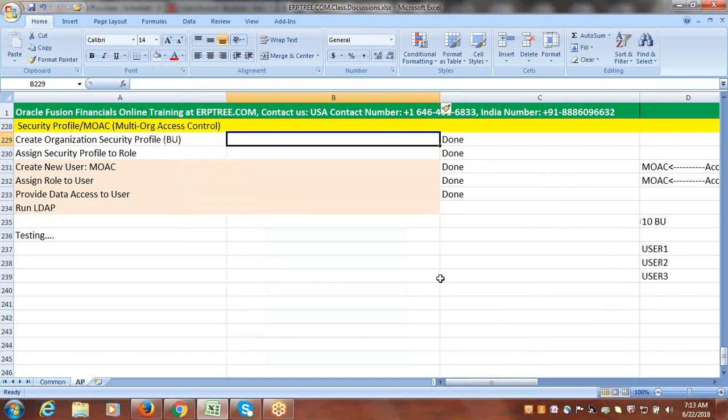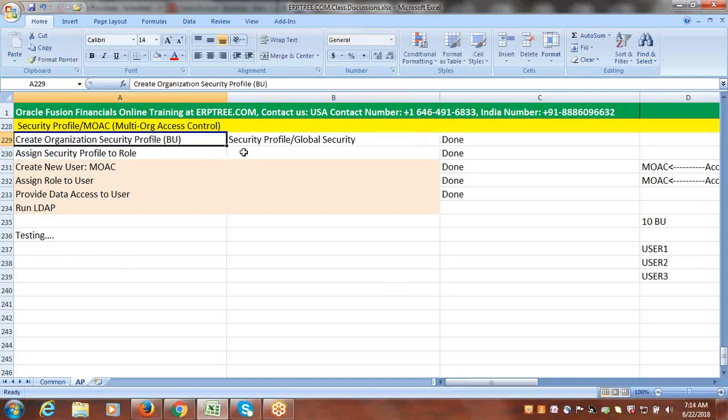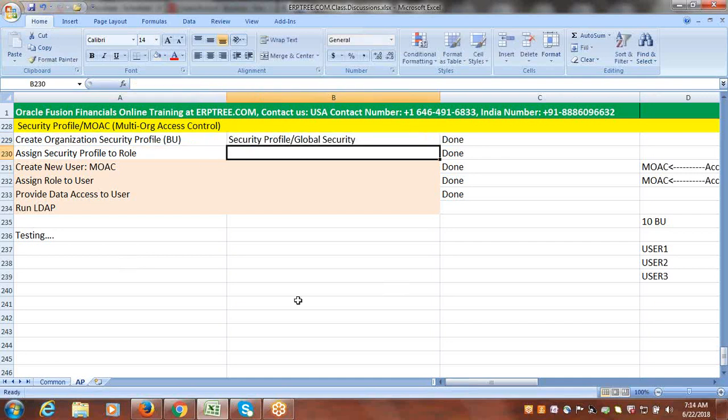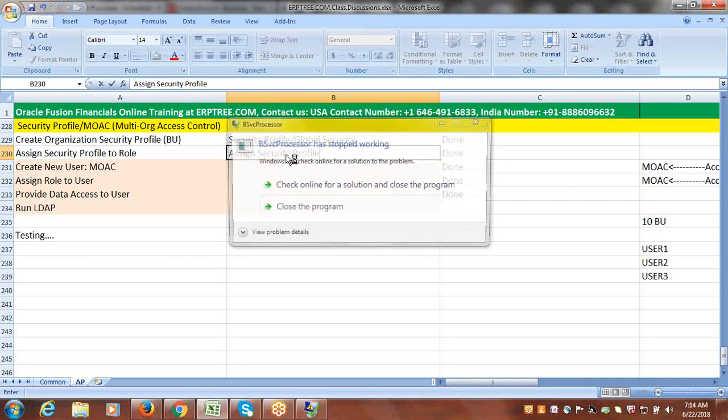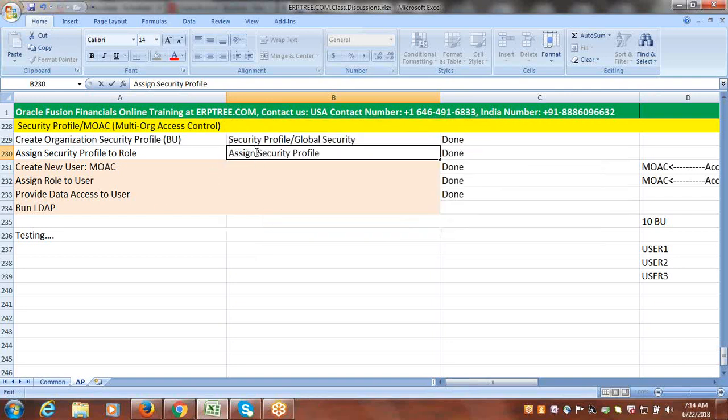In EBS, we'll create security profile, right? You create security profile or global security profile. Here also we are doing. Okay, this we are doing here, right? In EBS, what we do? We'll assign to the responsibility. MO security profile, a security profile or a global security profile. Let me write in a simple way. Global or just a security profile